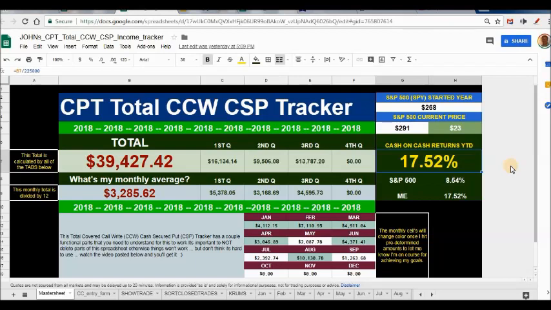Right now, I'm really feeling like I can do this every single year. And if I'm knocking down 17, 18, 20% a year, I'm doubling my money every 5 years without doing any heavy lifting. We've talked about this many times. We buy our favorite stocks, we write our covered calls, we collect the money, we move on to the next trade. Look, that's exactly what I do.